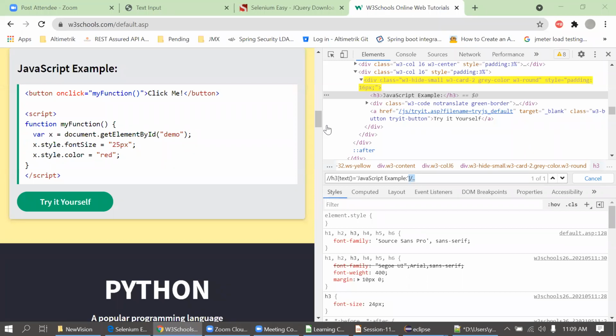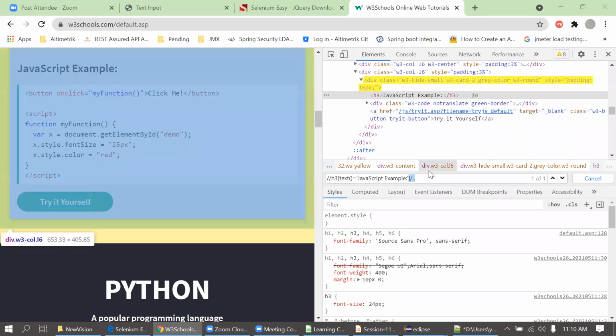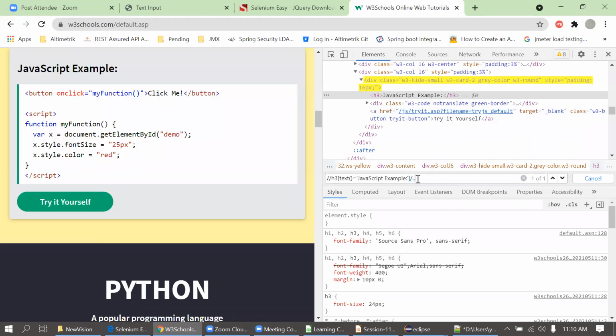Sir, Anurag this side. So, sir, if there is a website where, for example, the Try it Yourself button is in the parent directory as well. For example, in some website, the button is present and we have to click on that. For that, what should be the example of XPath?